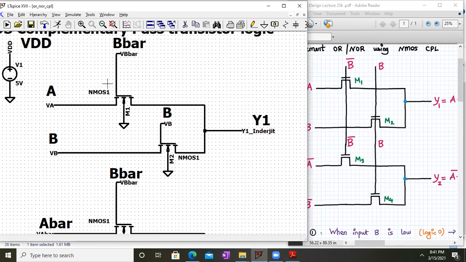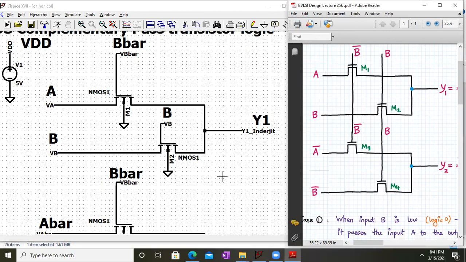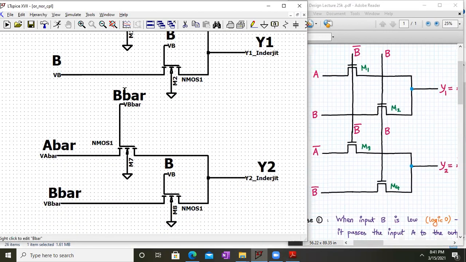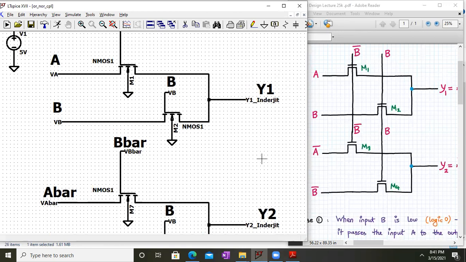So over here we have A and B. Here we have B bar and B, and output is Y1. It's correct. And downstairs we have B bar and B, and A bar and B bar, and output is Y2. So it's correct. Remember, all the NMOS transistors' body terminal should be grounded. That care you have to take.